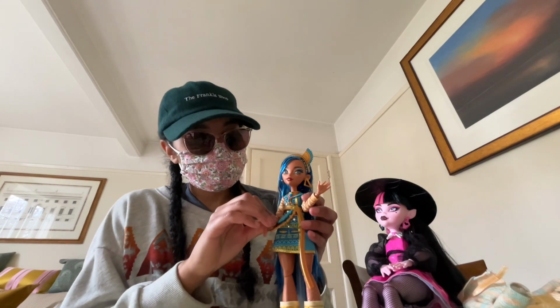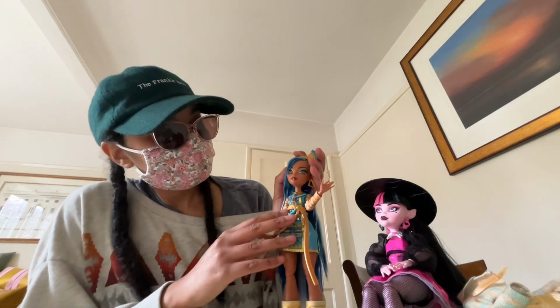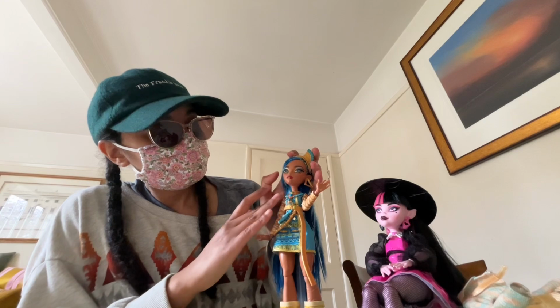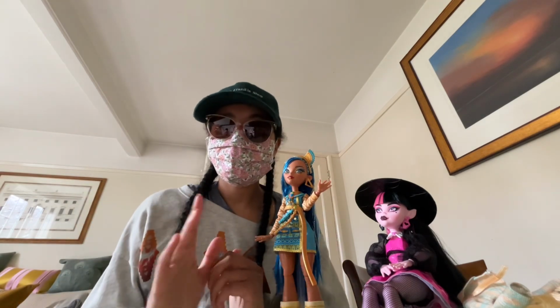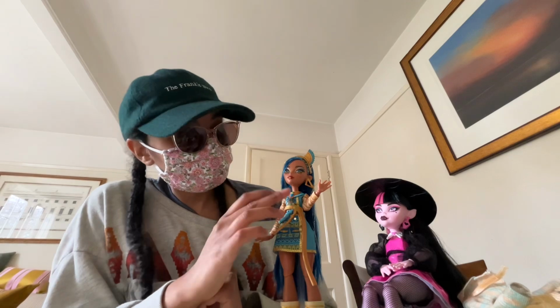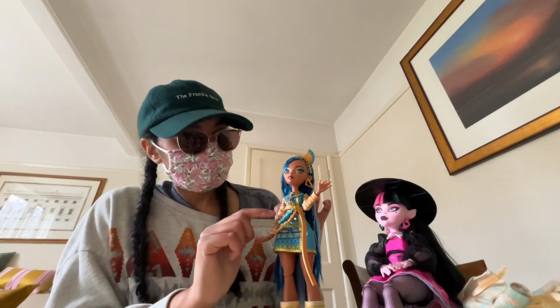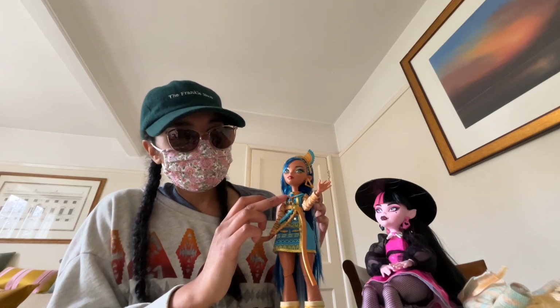And I like her jewelry. I love the makeup. Her makeup is absolutely beautiful. She's got this really gorgeous, really palatable makeup. I absolutely love her lip makeup. Like, she's got this gold touch in her lip, really beautiful. And like I said, her jewelry is very Asian Egyptian, and I think some of the jewelry is meant to